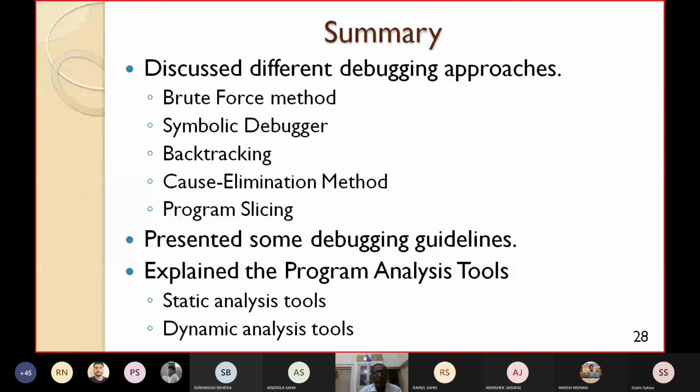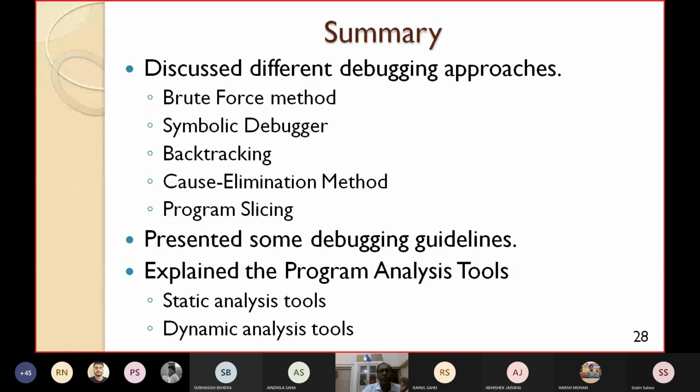We have also presented some debugging guidelines, such as trying to find the error symptom, not just fixing the errors. We have explained the program analysis tools. There are two types: static analysis tools, where the program does not have to be executed, and dynamic analysis tools, where the program has to be executed, and then it generates some reports. This is about the debugging approaches and program analysis tools.